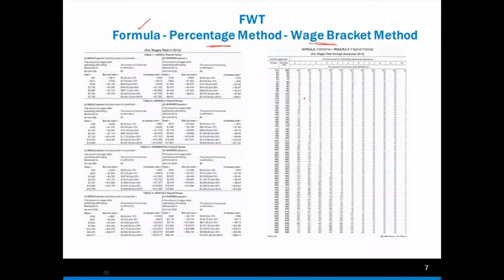Now understand that it is not exact. It's not going to come up with the same number as the formula method in a computer system. And that really doesn't matter, because the government just wants taxes withheld. They just want money, right? Nobody's going to go crazy over the difference between $3 or $7. They just want to see that money come in, and there's no one exact right amount for how much is withheld or how you go about it, because at the end of the year,